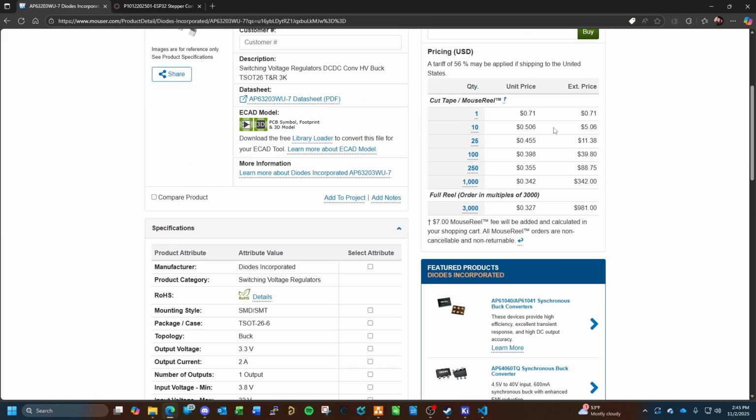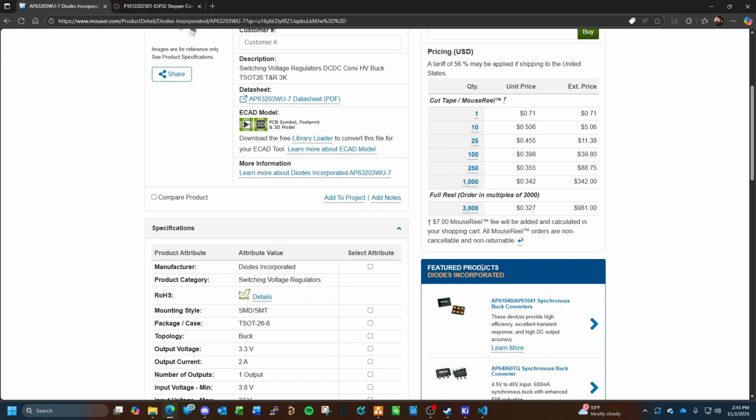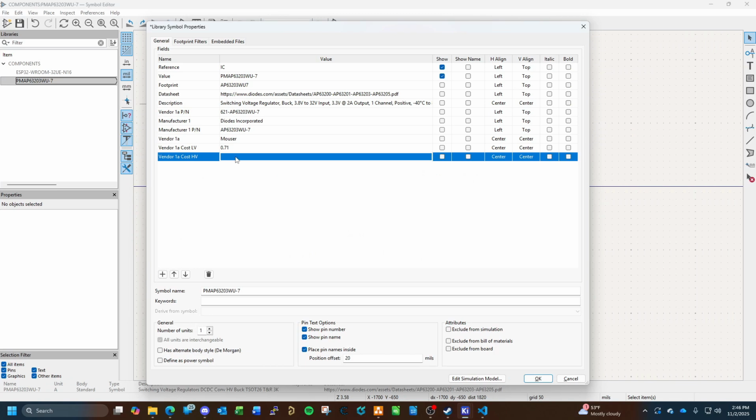Low volume, so 71 cents. High volume: I consider anything around 1,000 parts to be high volume, even though a full reel in this case is 3,000. But I always look around 1,000 because it seems to be very typical, and it's just easier because the real quantities are always different. So I always look around 1,000 to be considered high volume. 342. So that's your high volume